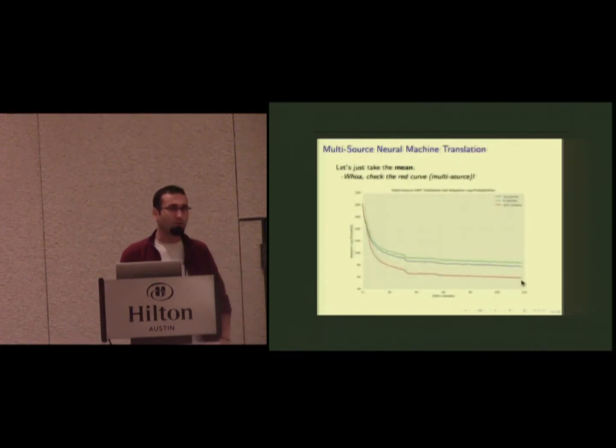So let's look at the red curve here. This is the validation set negative log likelihood plot. The green curve and blue curve correspond to the negative log likelihood on the validation set of single pair models, French English and Spanish English. And the red curve corresponds to just taking the mean during the test time of the